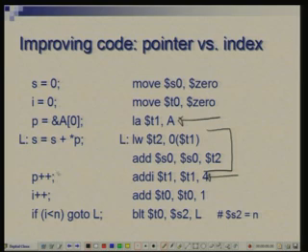Okay. So, having done that, we find that there is more opportunity for improving the code. You would notice what is happening here is that we are working with a pointer and an index, both are there, right. We are using index simply to control the termination of the loop. Question is, can we use the pointer itself to do that, instead of maintaining an index which we are not using to access the array? We have the pointer, and at the end of the loop we can check the pointer if it has reached the final value. So, if we do that, then I can be eliminated altogether.